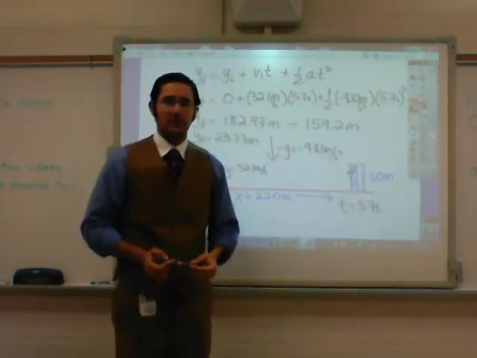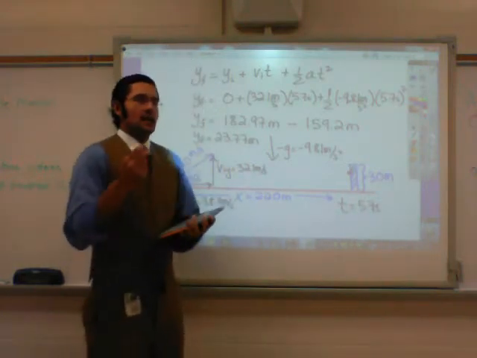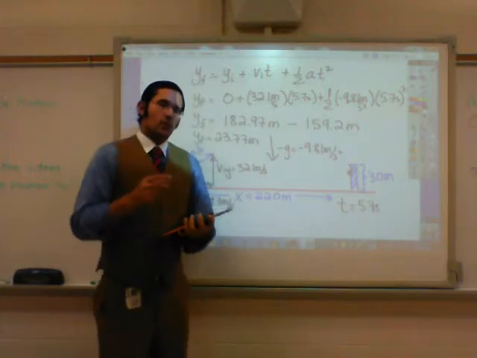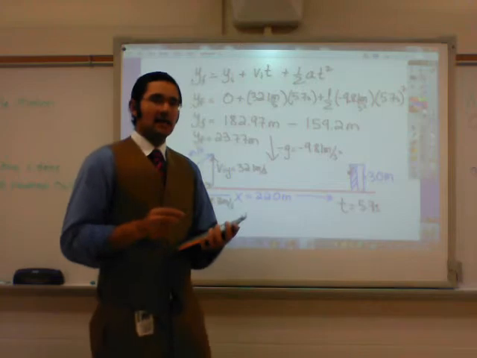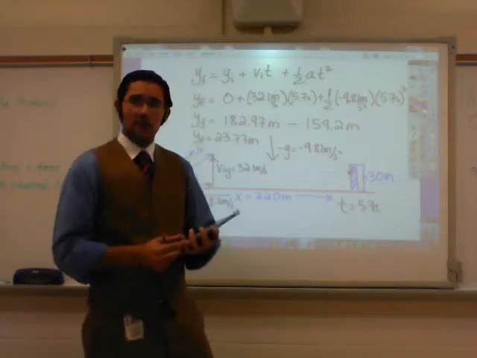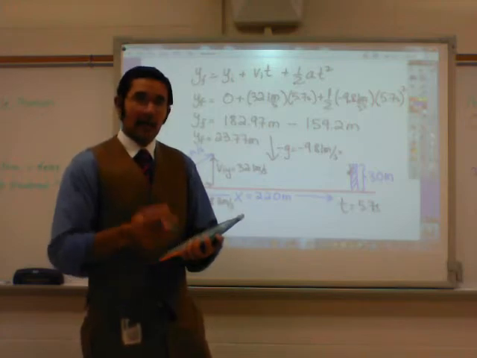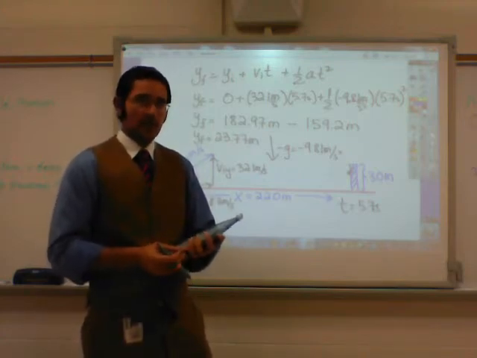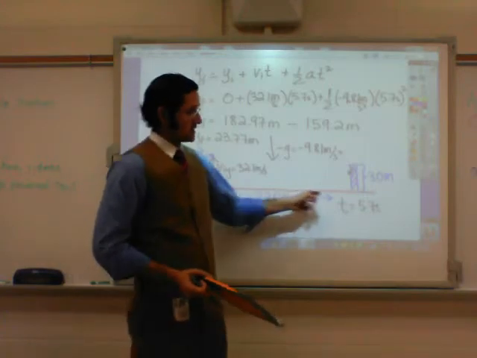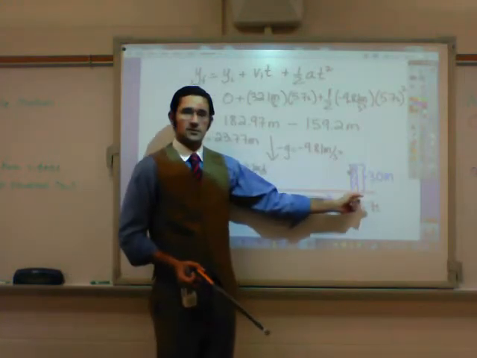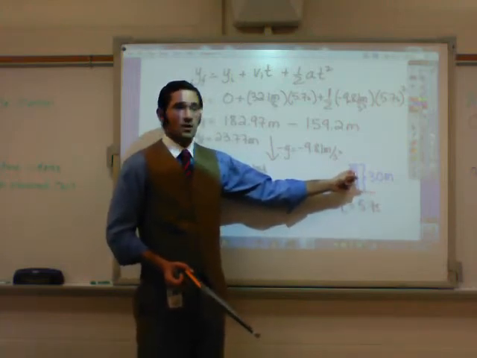These are called parametric equations. The word parametric equations means it tells you where a ball is located on the x-axis or on the y-axis at a specific time interval. That's basically what a parametric equation is. And this problem has shown us where the cannonball is located at 5.7 seconds. Where was it located on the x-axis and where was it located on the y-axis? So at 5.7 seconds, it was located 220 meters to the right on the x-axis and 23.77 meters on the